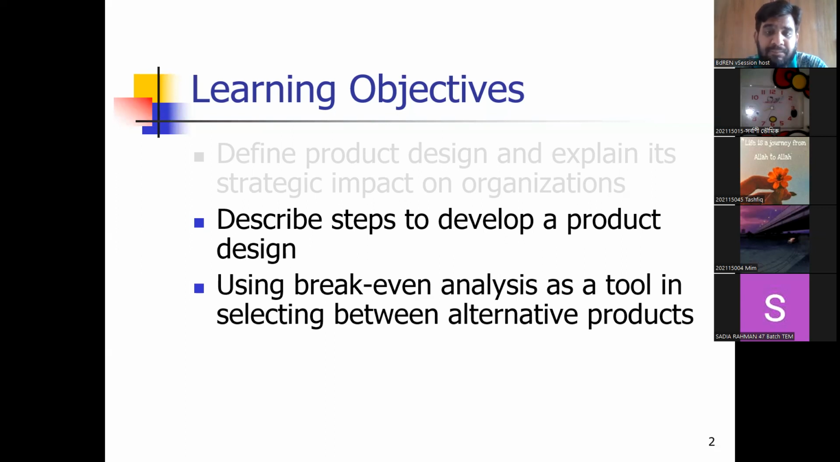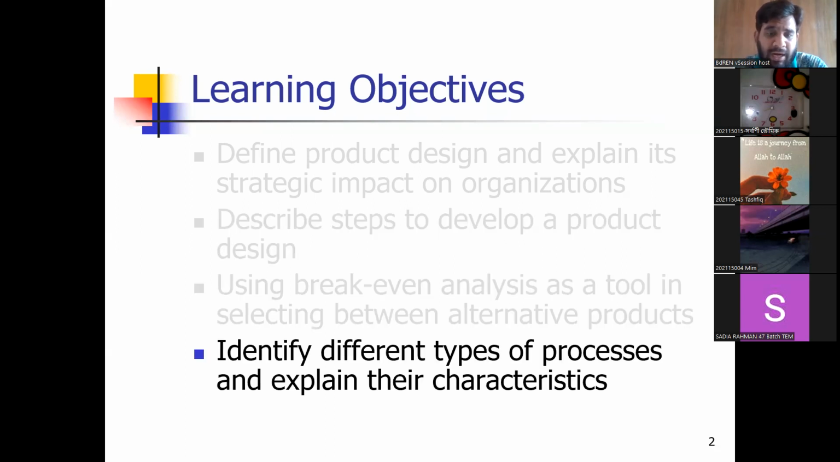And then after idea screening, what you will do, identify the different types of process and explain their circumstances. That means what type of process you need to produce that product. You will explain here. Here the process may be, as I said, that one is standard operating procedure, SOP, and another is job order or